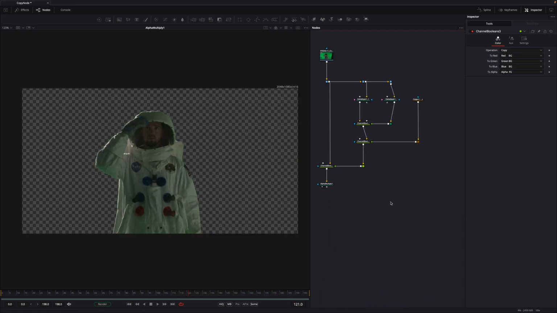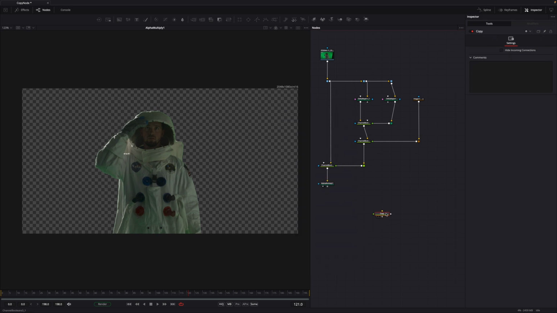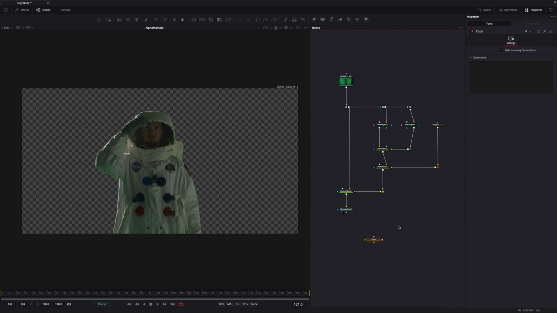Congratulations! You now have your own version of Nuke's copy node inside Fusion. I'll be using this node in upcoming tutorials, so be sure to save it on your computer if you want to follow along. While the Channel Boolean node works fine, this copy node will save you a few clicks and